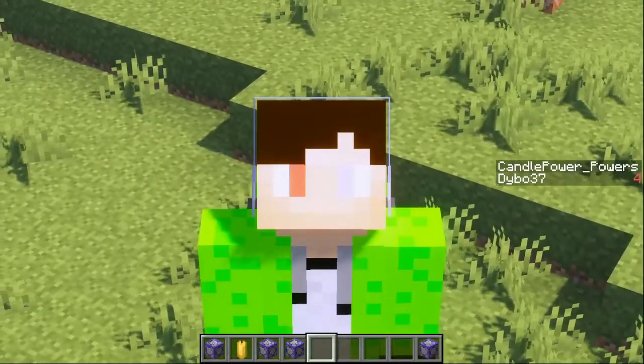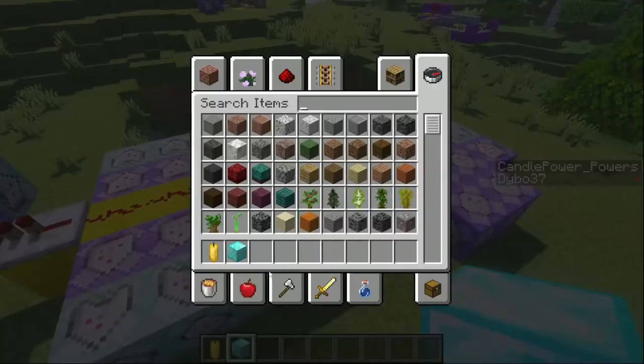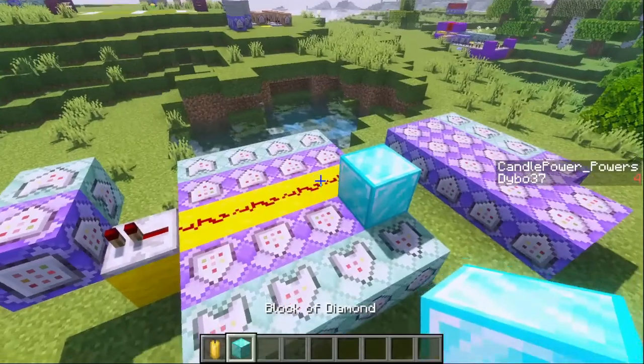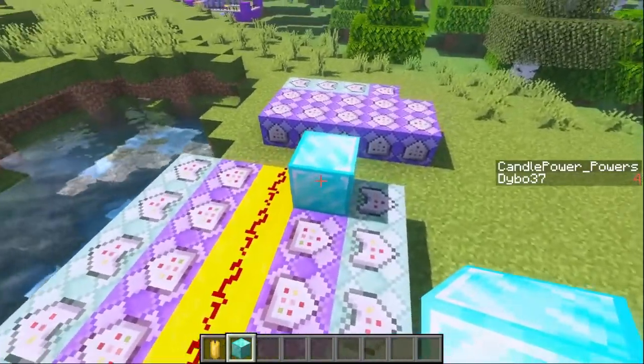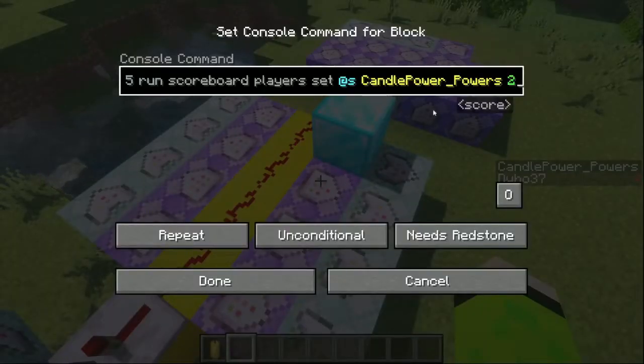Now it's just 7 more to go. And I think to just show, wait, that's the first time. That's the first time I've taken a diamond block. Okay. But yeah, I think to show which ones I've done, I'm gonna just place a diamond block on them. Now, next one is